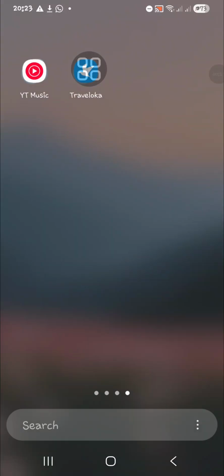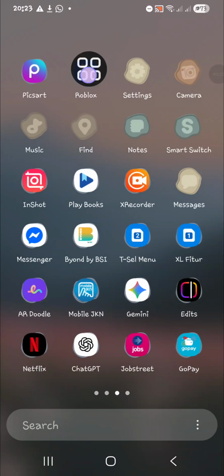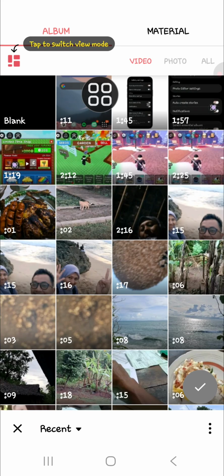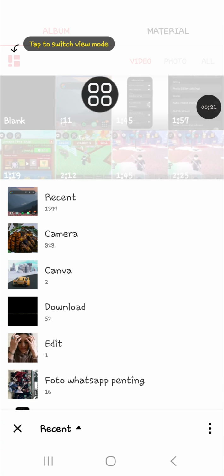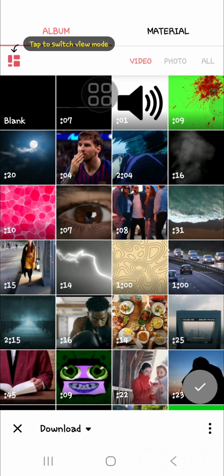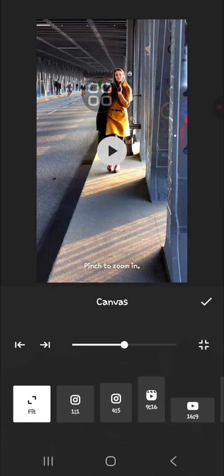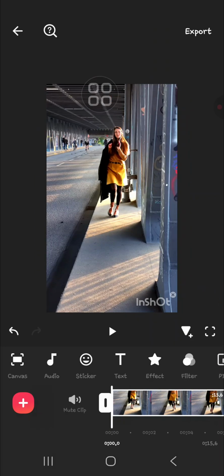First of all, I'm going to open up the InShot Video Editor app on my mobile phone, and then I'm going to create a new project. Okay, for example, I'm going to use this video. And when we create a new project on InShot, there will be this InShot watermark, and you can remove it for